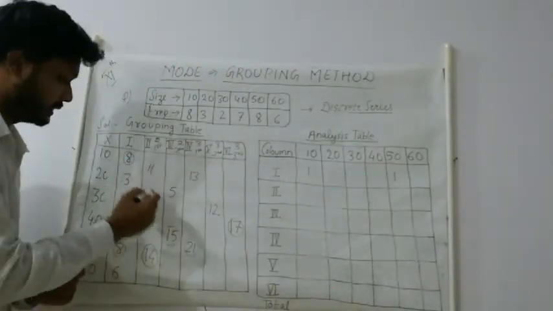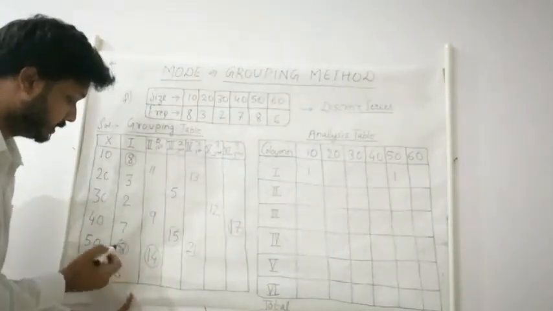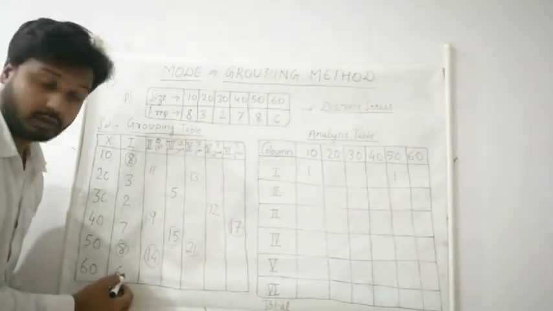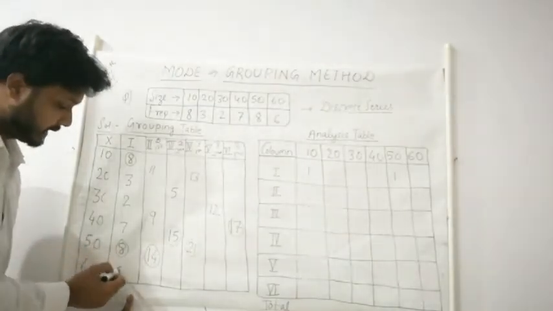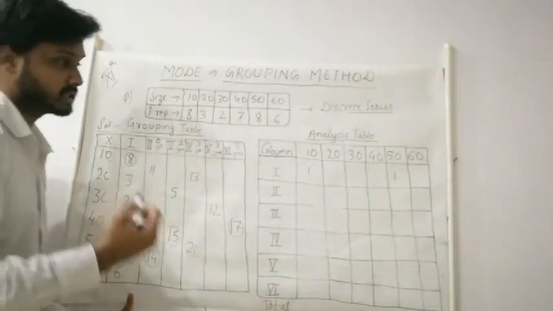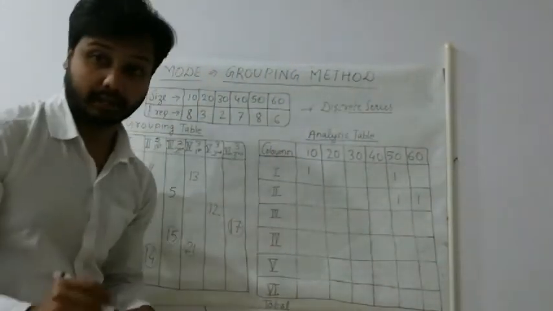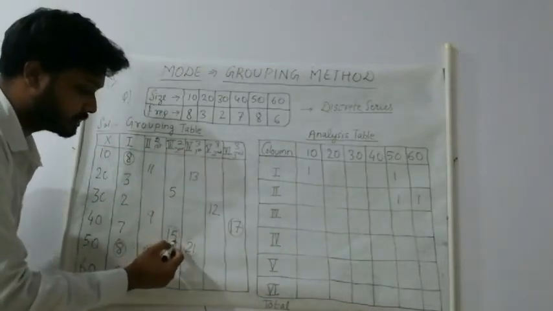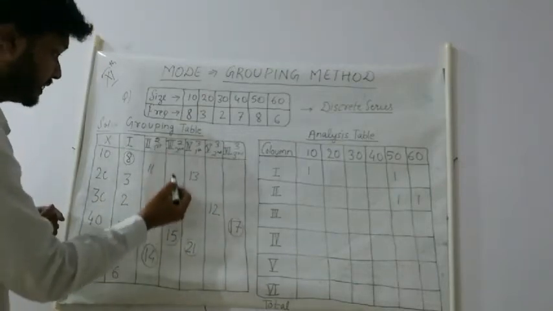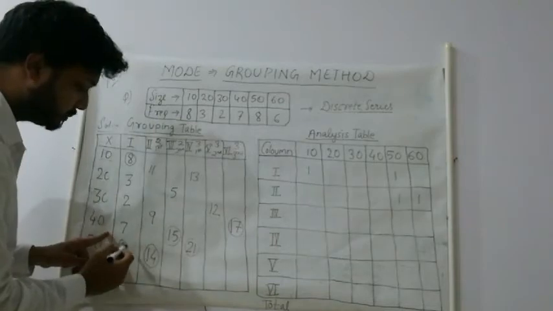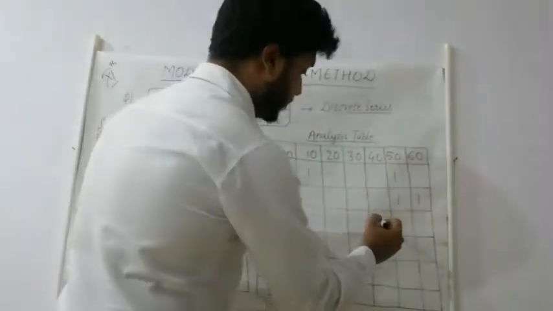Then in the second column 14 is the highest. Okay, so 14 is part of which numbers? See, 8 plus 6 we have done, pairing of 2, then we arrived at 14. So 8 is part of 50 and 6 is part of 60. So 50 and 60 we will mark in the second column. Now in the third column, the highest number is 15. Okay, how did we get 15? By making a pair of 2, this 8 plus 7. So it is part of 40 and 50. So we will mark in 40 and 50.